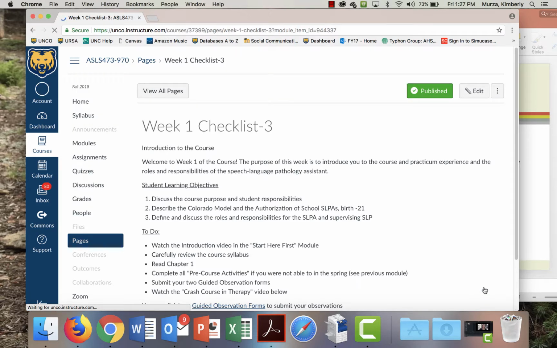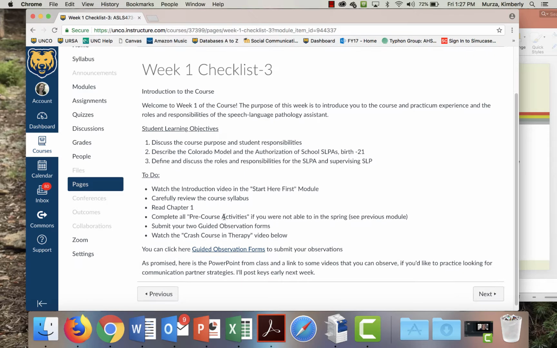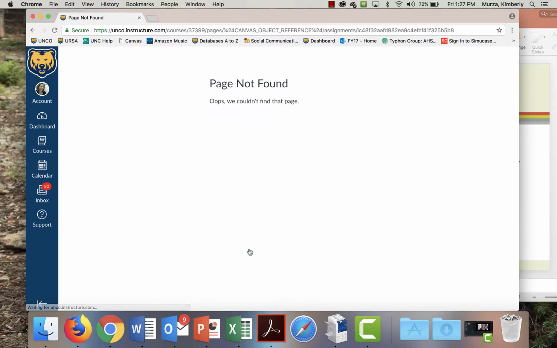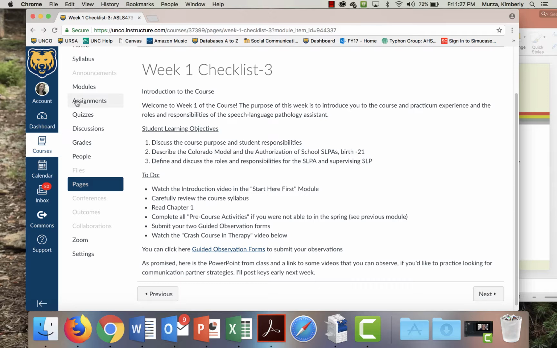Okay, so this is week 1. Ignore the number 3. It's just the version number, and I can't get rid of it. So for each week, I have a checklist that you'll see, and it gives you a little bit of an overview of what to expect for the week, the learning objectives, what you need to do. If there are any assignments that are due, they will be linked here. So when you click on this, oops, I've got to fix that, but it should take you right to the